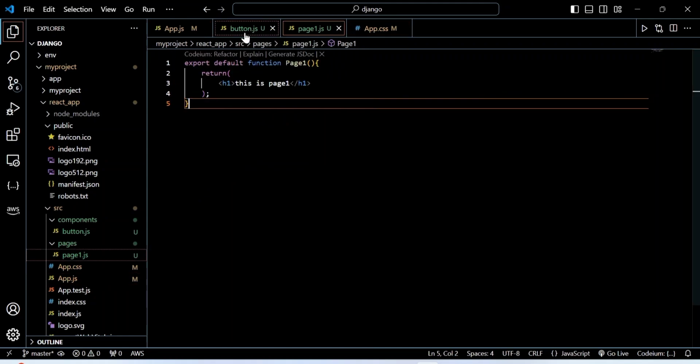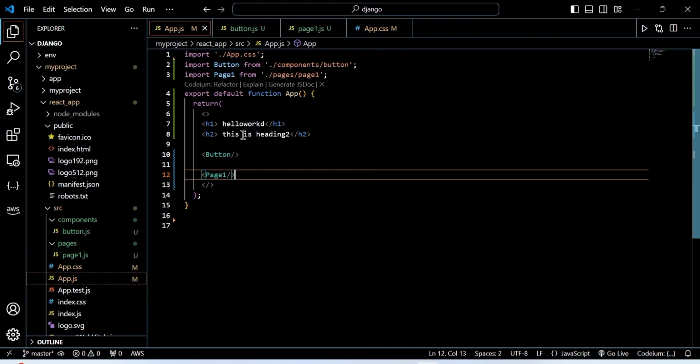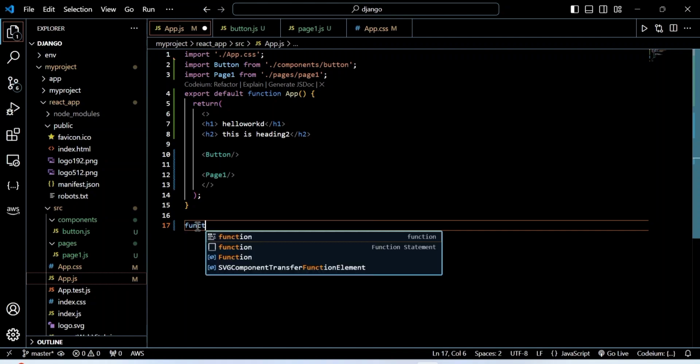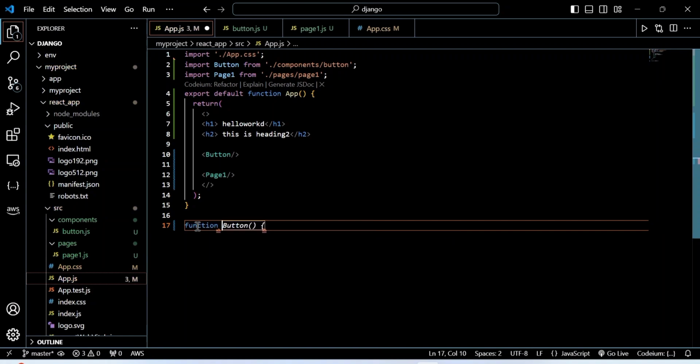So we have app.css, button, and yeah, we are in routing, I mean, navigation. We have installed React Router DOM, and let me tell you one thing. Actually, you can have any number of functions along with your default function within your page. Say, let me create another function, and let it be, say, function 2, or else Example for routing. So function followed by a function name. Make sure it's capital. Example for